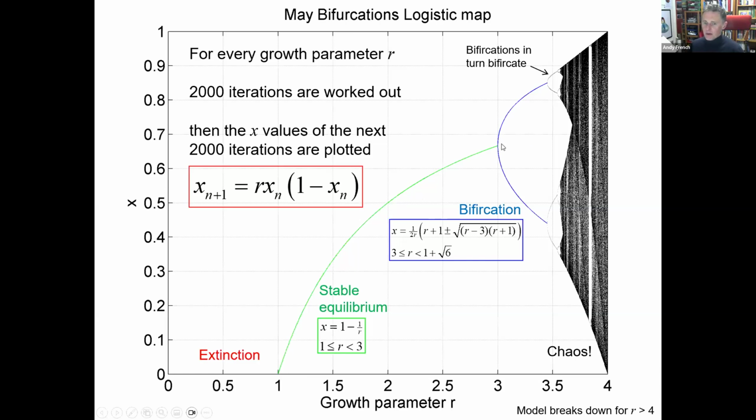Now, once you get above 3, we bifurcate. Say that r equals, I don't know, about 3.2. Alternately, you'd be going there and there and there and there, bouncing between two values. So you don't want to be plotting the time history at all. You just want to plot the last 2,000 points. And then something really interesting happens. Once you get to about 3 point, it's this point here, 1 plus root 6, as it turns out. And that's a really cool calculation to do.